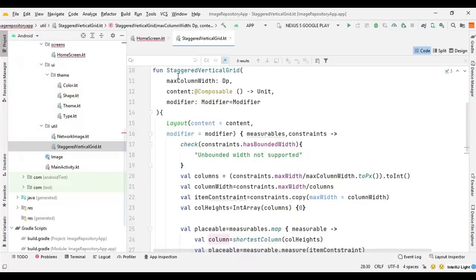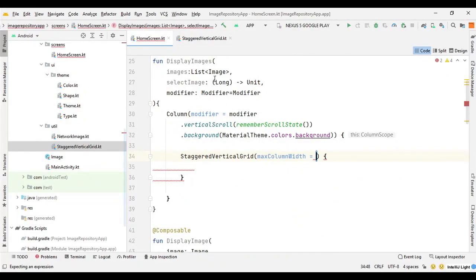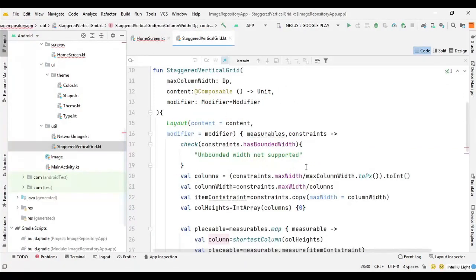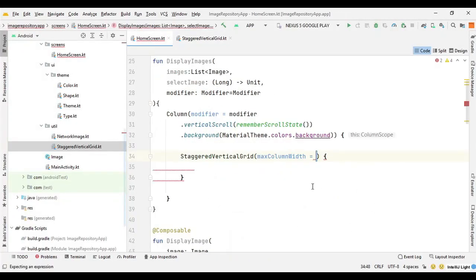So we will provide the max column width in home screen here, and it will divide the max width so we can get the number of columns. So here I can say 225.dp. You can choose whatever you want between 200 to 250,